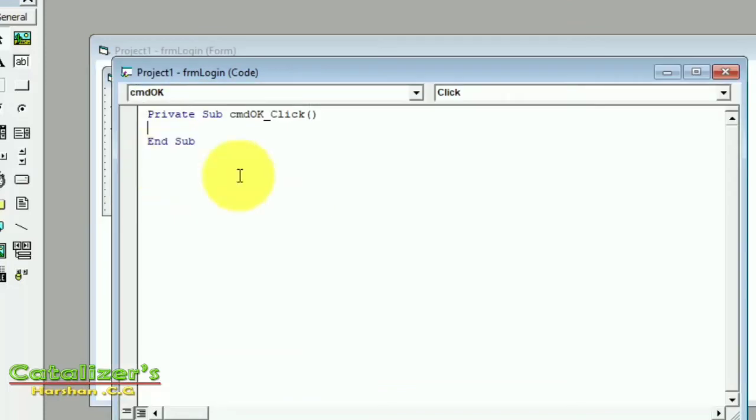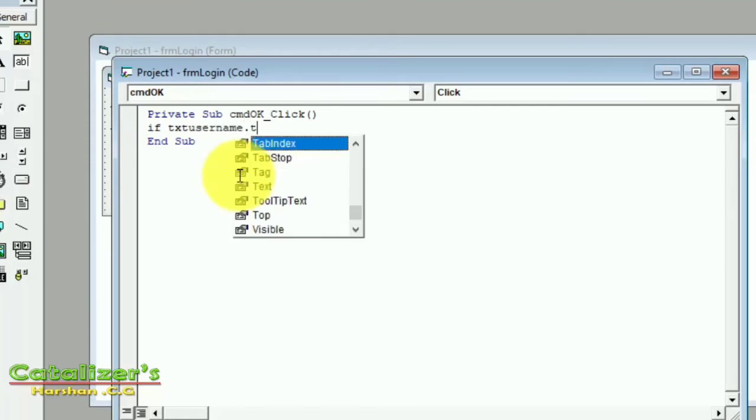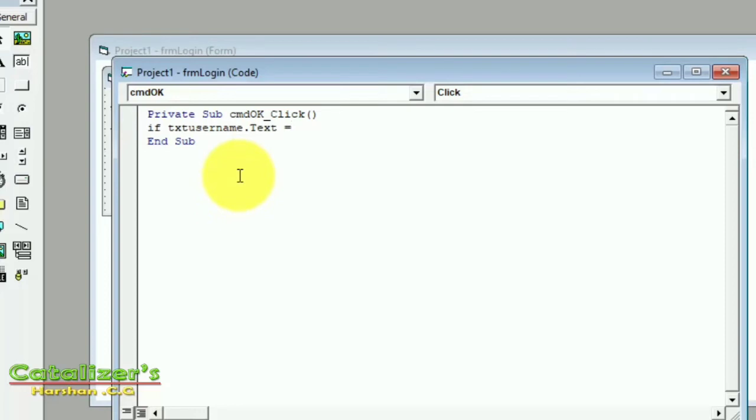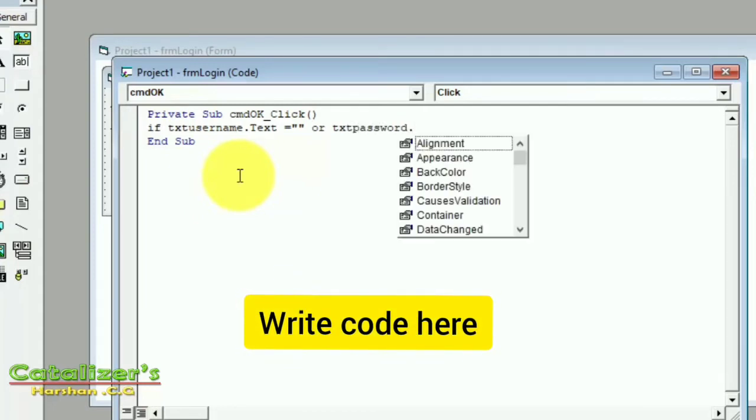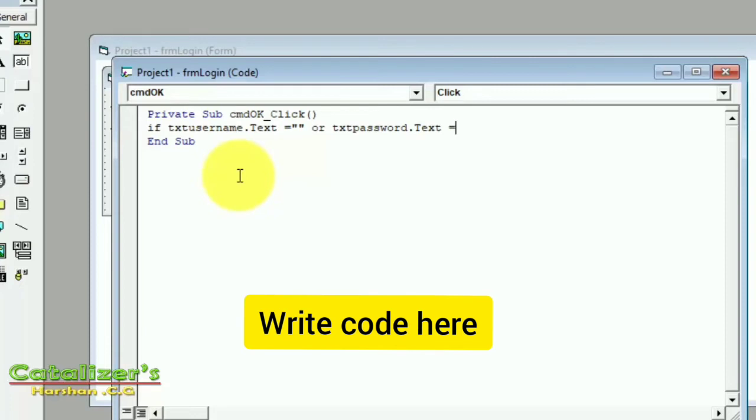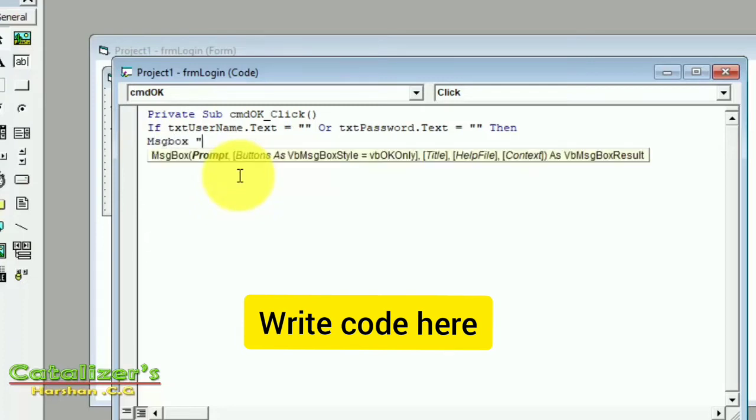First, if txtUsername.Text is equal to empty, or, using the logical operator Or, txtPassword.Text is also an empty string, then it will show a message box. Write a message here: MsgBox "Enter username and password",